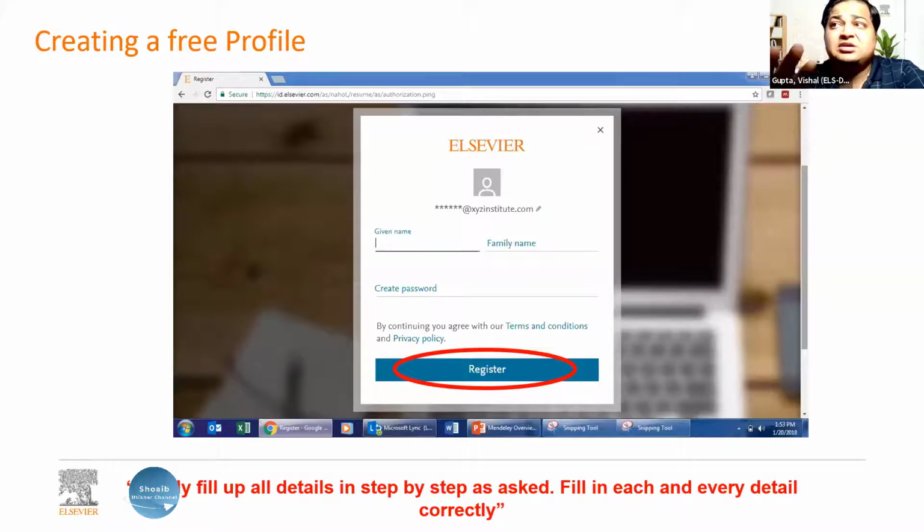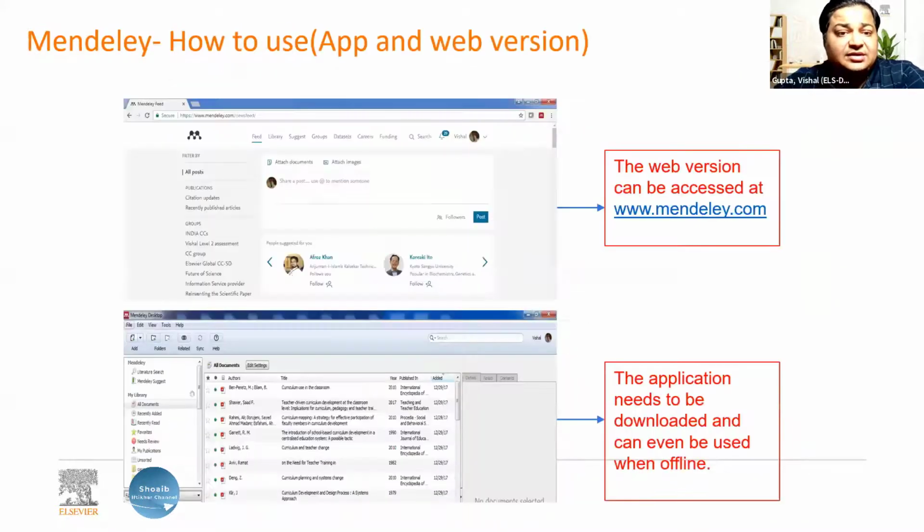Also, having an account does not guarantee you access to Scopus and Science Direct. So you may create an account on Mendeley and use the same ID and password on Scopus and Science Direct. That only logs you in, but does not ensure that you have access to the content, right? Access is only provided when your institution subscribes to it, and it is provided through your institute through IP or remote access.